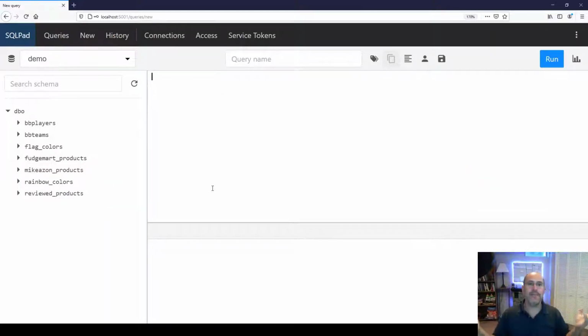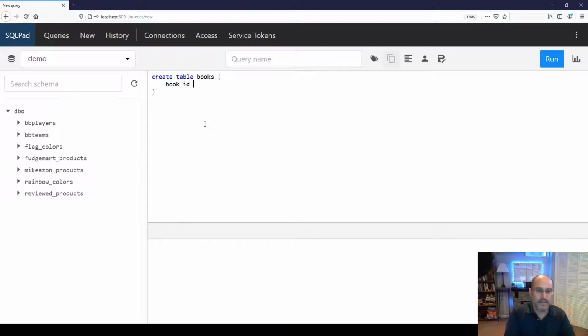All right, here I am out in the SQL Pad web application that is on my local machine because I set it up that way, and I am already in the demo database, and you can see I do not have a table called books, so I'm going to create that table now based on the specification I had on the PowerPoint slide. So I'm going to say create table books, and then inside the parentheses I'm going to put my column names. I'm going to have a book